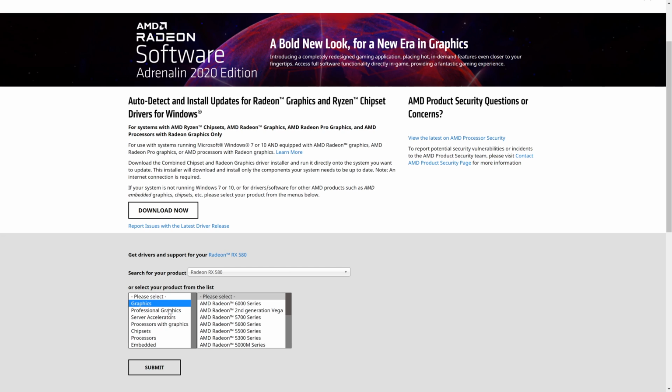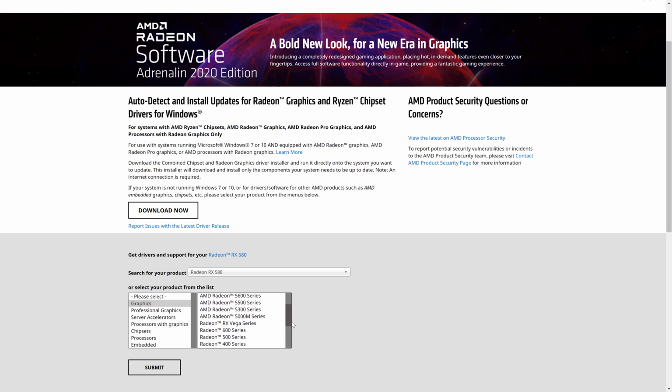This will depend on your graphics card, but for most of you with dedicated graphics, you need to select Graphics. If you do need to choose one from the Processor with Graphics section, you will likely need to look for your processor name. For our example of the RX 580, we need to choose Graphics. Now you can select the product series. Again, for our example of the RX 580, we need to choose Radeon